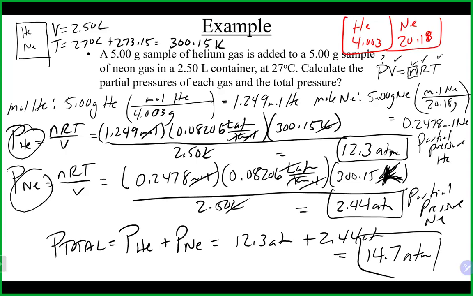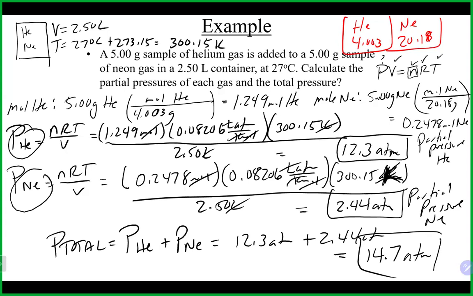So helium is a much lighter gas, and because it's lighter, when it's flying around, it's moving a lot faster than neon. It has a greater velocity, and because of that, it's having a lot more collisions than neon is having in the same container at the same temperature, and it has to do with the difference in the mass. So a lighter gas will fly around a lot faster, with a faster velocity than a heavier gas at the same temperature. And again, that's why we see a very big difference in the pressure of helium versus neon in this case. Yeah.